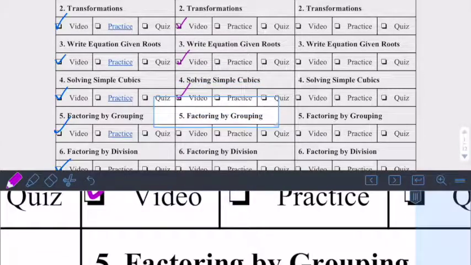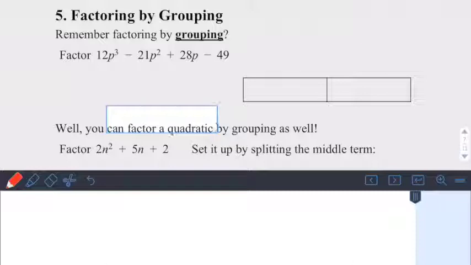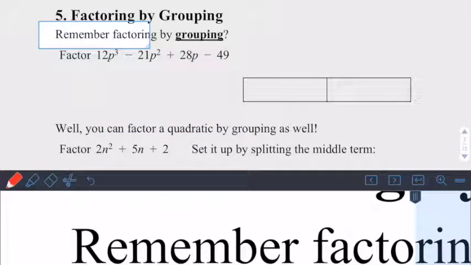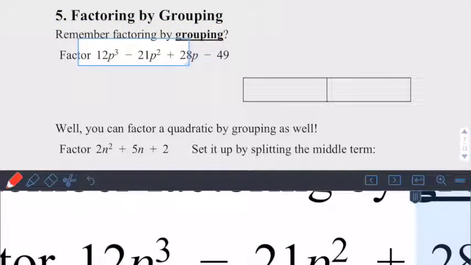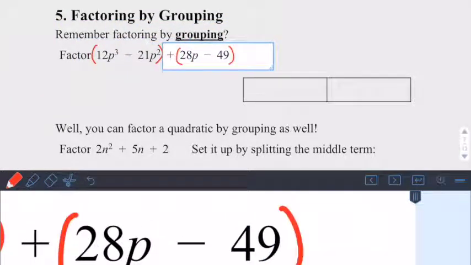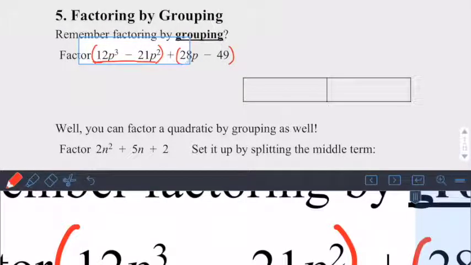This is Tier 2 Lesson 5, Factoring by Grouping. So building off of Tier 1, remember if you get stuck on Tier 2, go ahead and look at the notes from Tier 1, but we need to remember factoring by grouping. So we were going to group it, and I want to factor the GCF out of both this term and